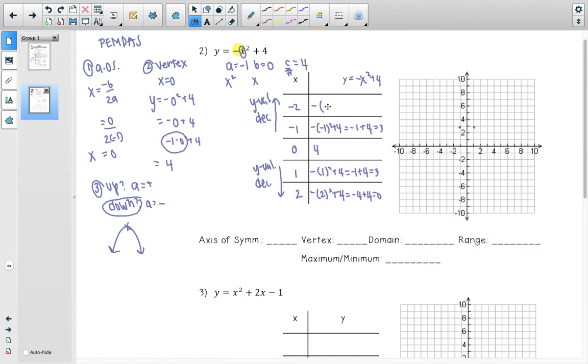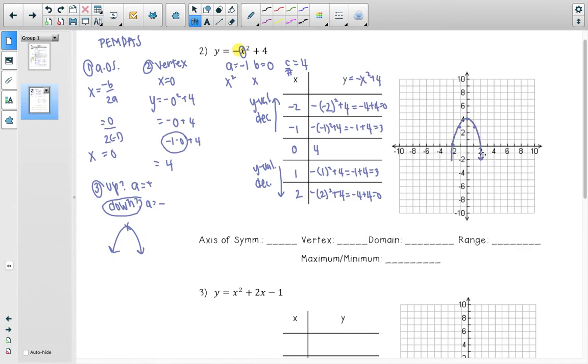I put whatever the x value is in parentheses, square it, and add 4. So I'm squaring negative 2. Negative 2 times negative 2 is 4, but that negative just sits there. So you get negative 4 plus 4, which is 0. These match up, and it's decreasing. And voila, wow, that's really poorly graphed. We have all the points we need